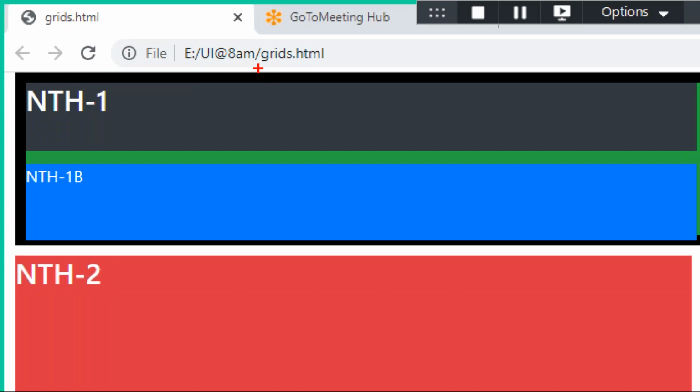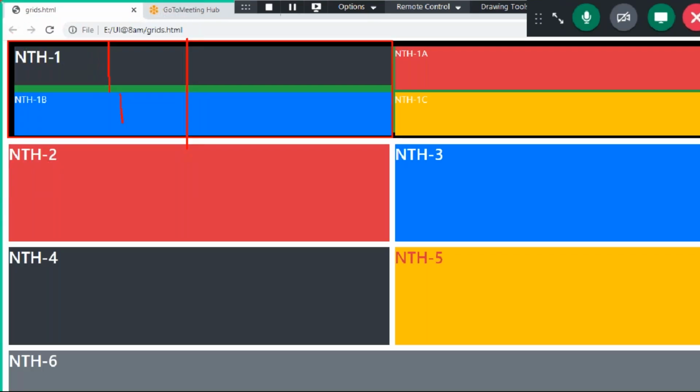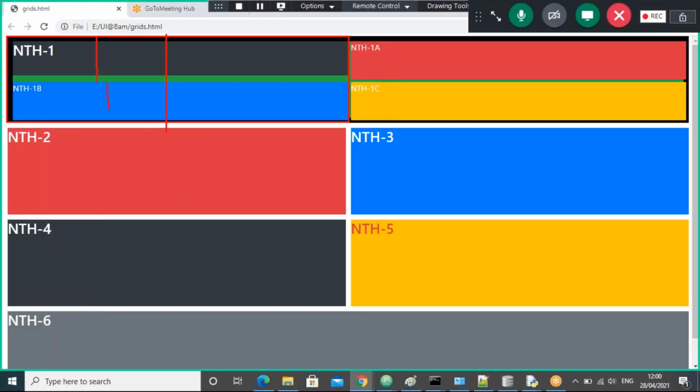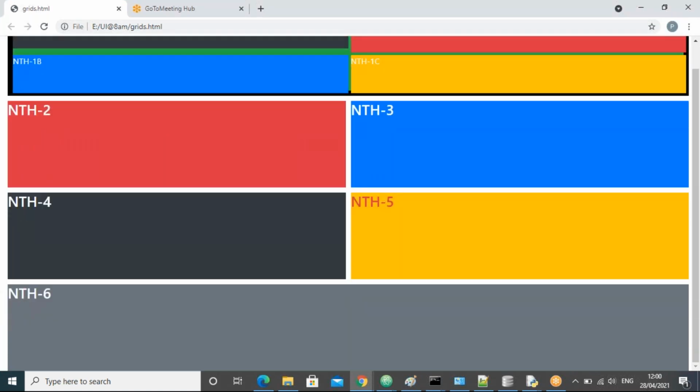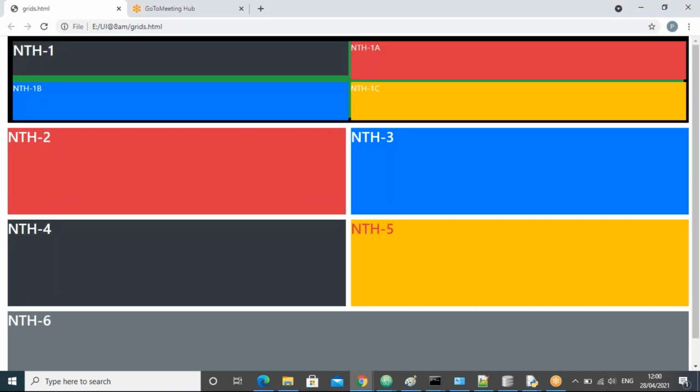What is the size here? 70 percentage height for the nth one. In the 70 percentage, it's again occupying 50-50 like this, guys. They adjust automatically.